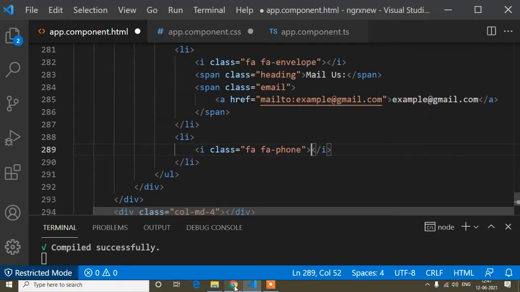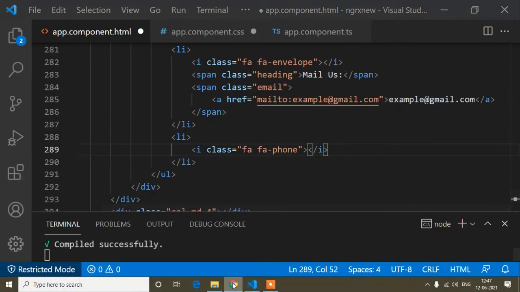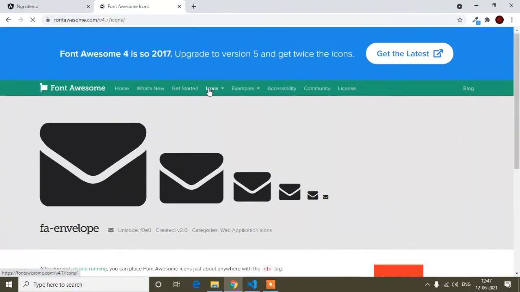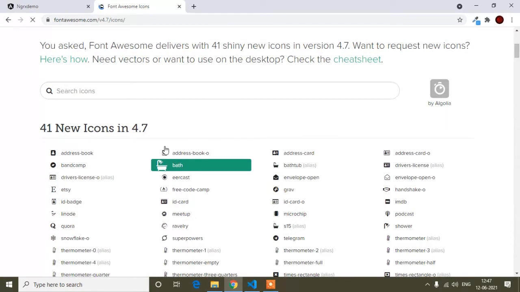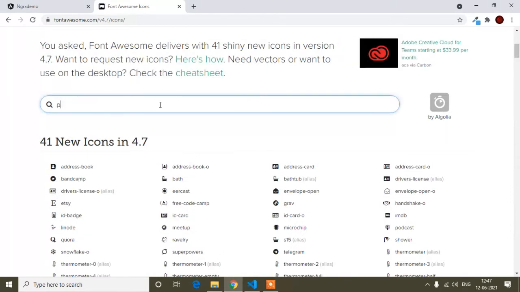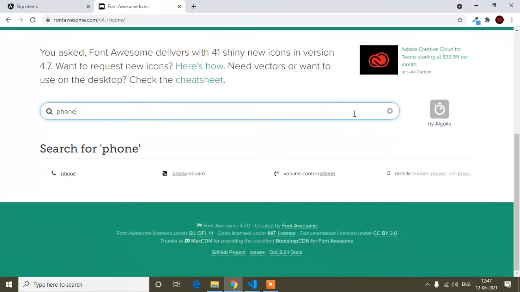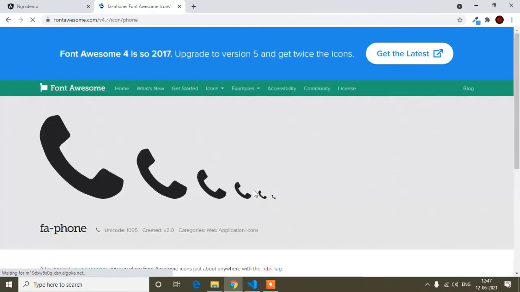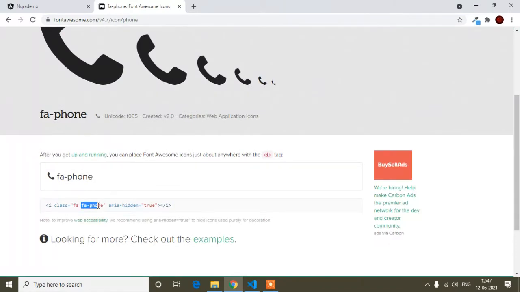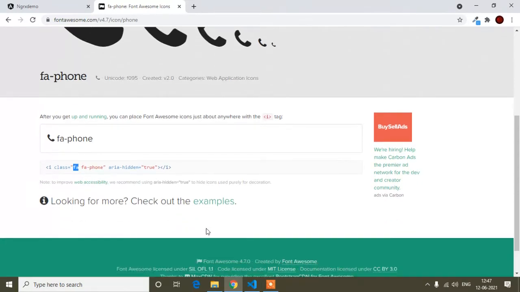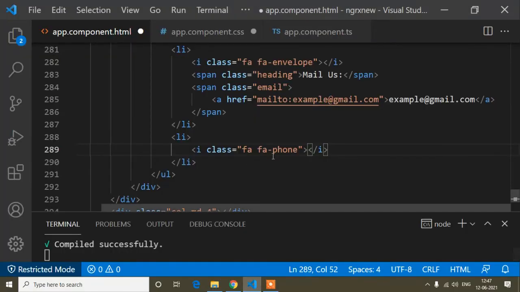If you want to find this icon in Foundation, again I will go to the icon tab, type phone and search, and you can see there is the phone icon. I have used fa phone, and before the class name every time we need to define fa, which means Font Awesome. That one I have used here.